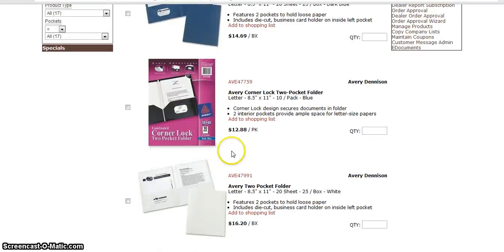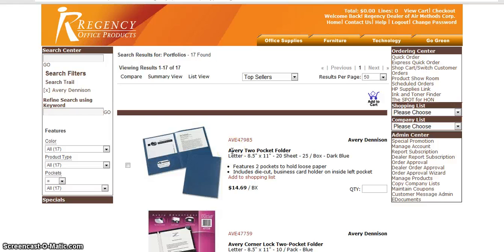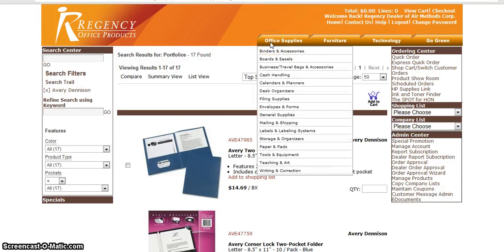So in looking at that, that's the first way to search. The second way to go about searching would be our drag and drop menu up here. We'll continue to stick with binders just because it's an easy example. And looking up here at the top of the site, if I were to click binders again, whereas we have all these different categories to be broken down into,